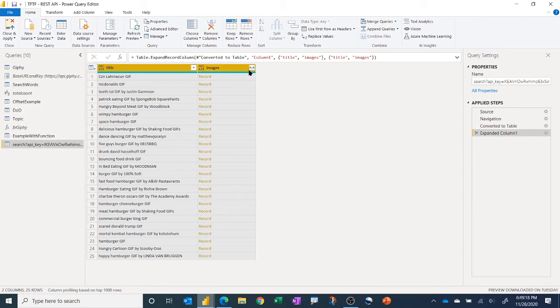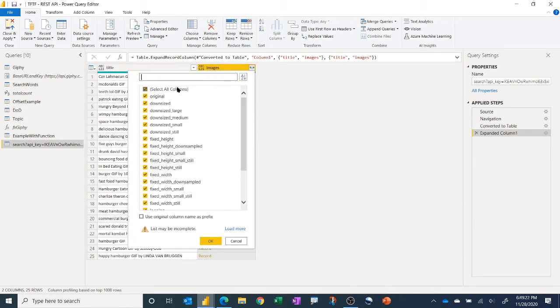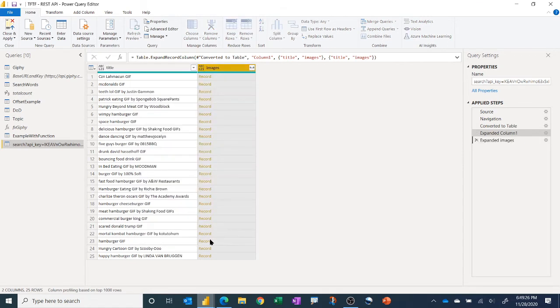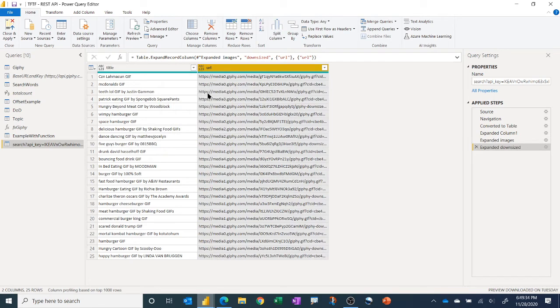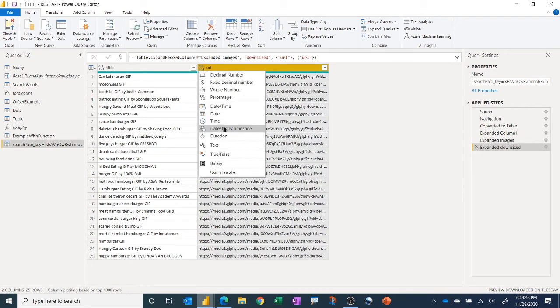And then images is another embedded record in there. And so again, having played with this before, I know I want this downsized one. I'm going to hit OK. And then I'm going to expand this one more time and just get the URL. Okay. So at this point, I could then convert these to text,